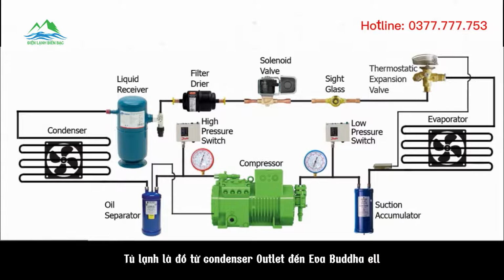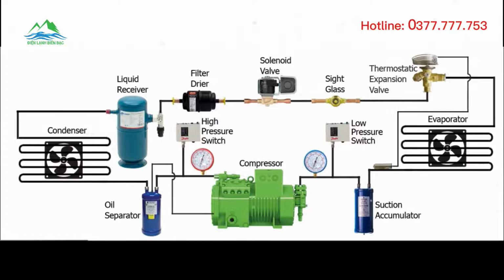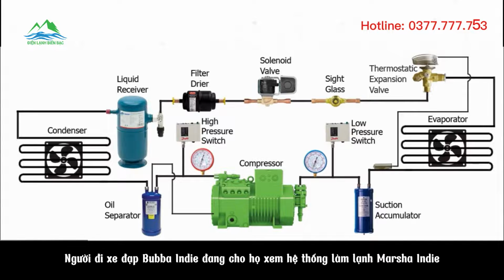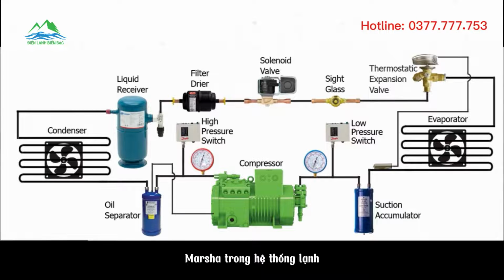The refrigerant liquid line starts from the condenser outlet to the evaporator inlet. If the filter dryer is defective and getting clogged, that will create a pressure drop in the refrigerant liquid line. At that time, you will see bubbles in the sight glass. Bubbles in the sight glass show moisture in the refrigeration system. Moisture in the refrigeration system creates acid and damages the refrigeration system.